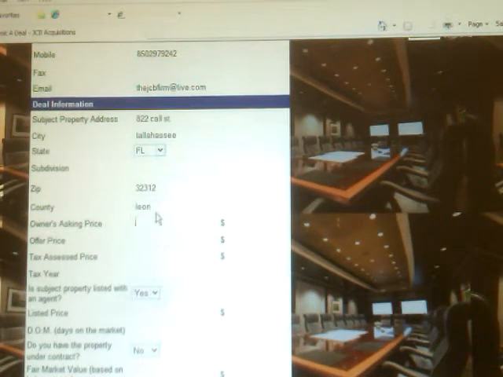In the next area, you're going to see it ask you for the owner's asking price. Now, remember, you're going to be able to access a lot of information from this website. When you go to the county property appraiser's site, you're actually going to be able to find the actual owner of the property. In most cases, the property may be listed with a realtor, and realtors really don't like to give out the names of the owners, but because of the tools we have set up for you in the back office area, you're going to be able to locate the actual owners of the property. So you can actually contact them and say, hey,